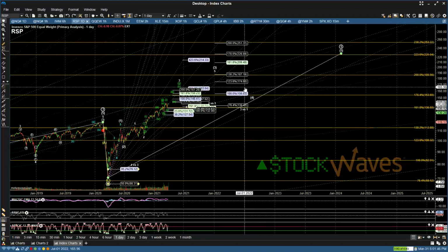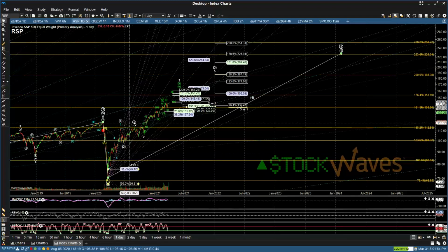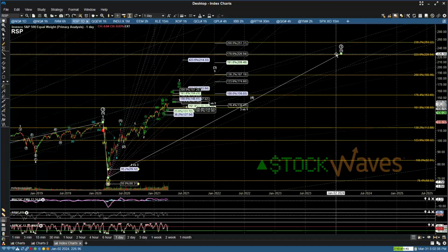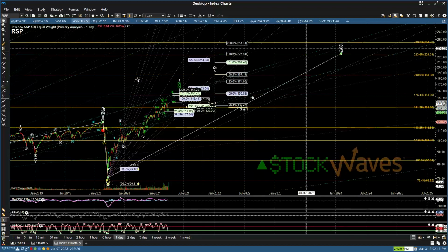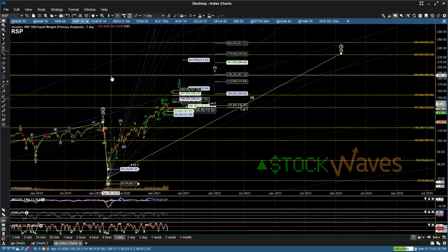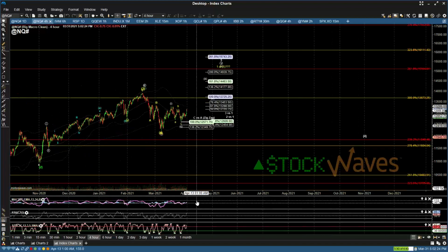Some of the stock waves names that we follow, where instead of a primary wave 5, those things could be primary wave 3, some of those things could still be further back here where they look like a 1-2, 1-2, or maybe adding a further, smaller wave 1 inside that larger third of the primary wave move. But most things, I think, count better as being further along. And I think that the RSP chart is really indicative of that, even if, and we'll come back to the RSP in just a second, when we look at something like the